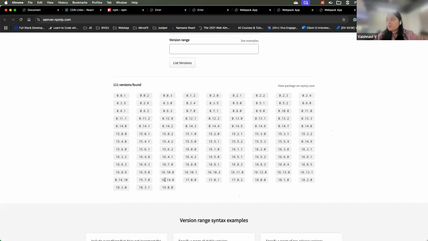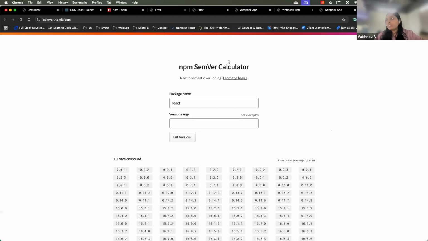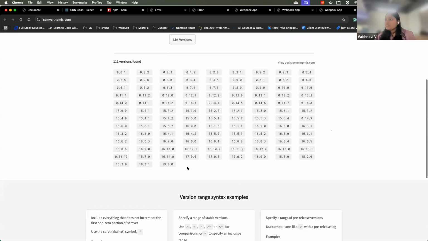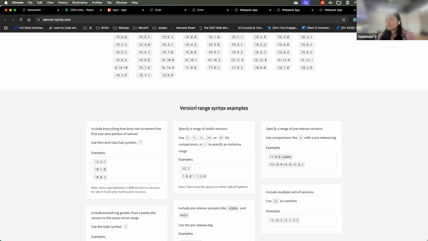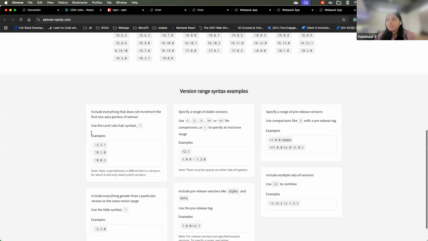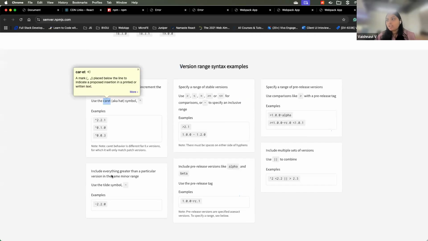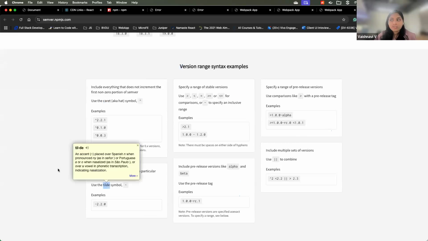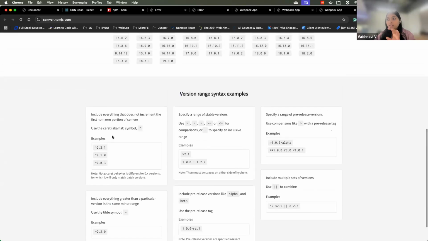This gives you a list of all the versions of React till now. It's a calculator, okay? How do you calculate all those things? Now, if you see, we have something called version range syntax. We have something called caret symbol, and we have something called tilde symbol. What do they mean? Caret symbol means it should include all the other packages, which are like everything